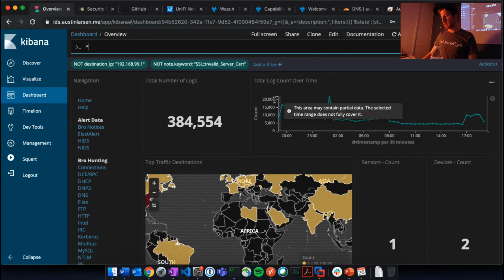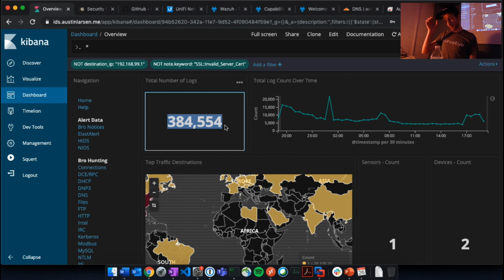All right. Okay, so for the past 24 hours, I've collected over 300,000 different events just on my home network, which is quite a bit. That can be kind of hard to sort through, but that's where Kibana comes into play. Kibana is very similar to Splunk and